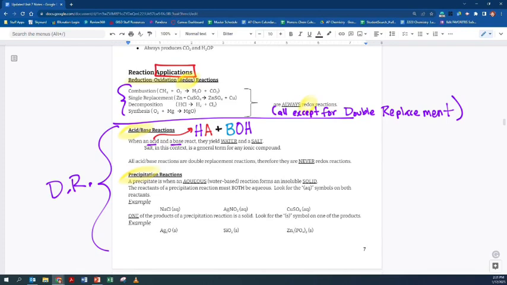So in order to have an acid-base reaction, you need to be looking for the H's and OH's on your reactants. Those should be the only two things you have before our arrow in an acid-base reaction. So that's what you're looking for. But I do want to show you this other stuff. We'll study acid-base reactions a little bit more, but one of the things you need to know about these acid-base